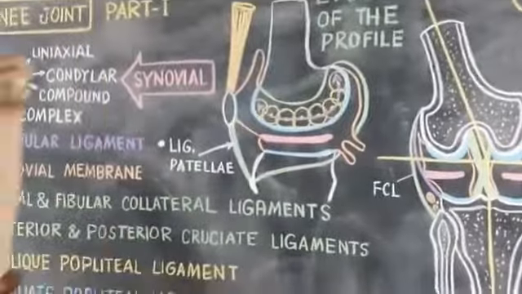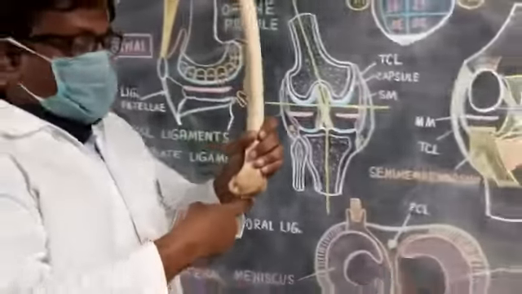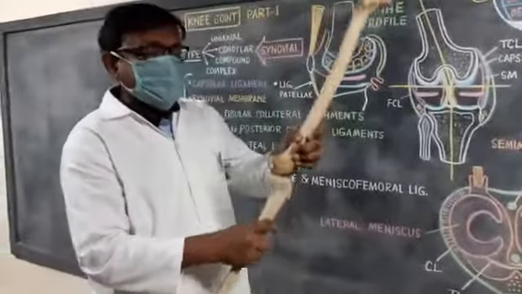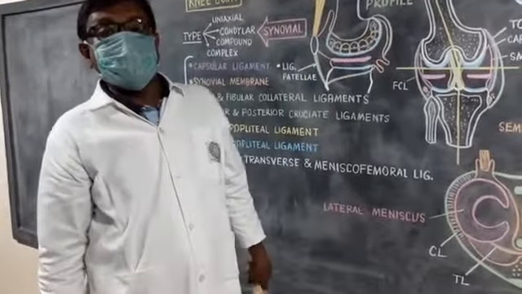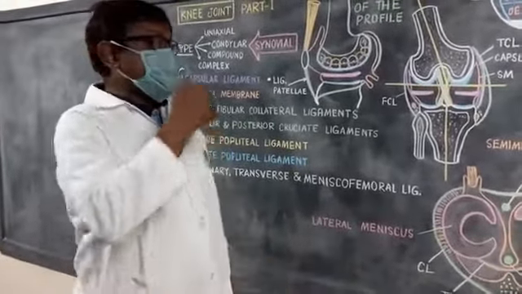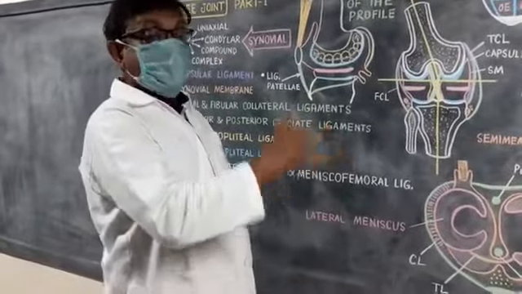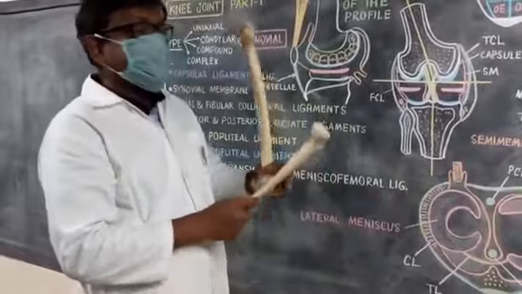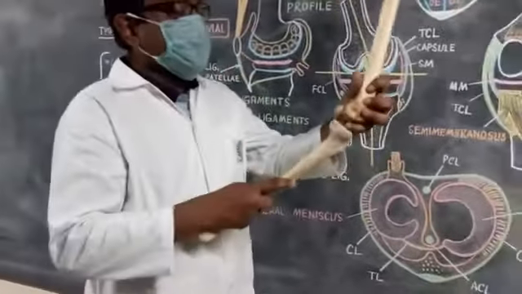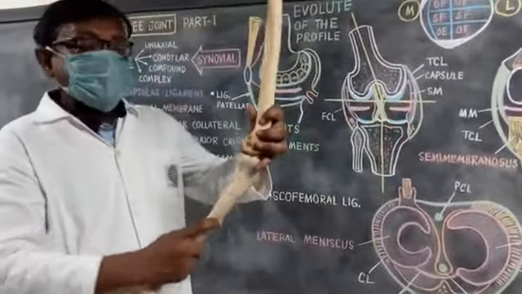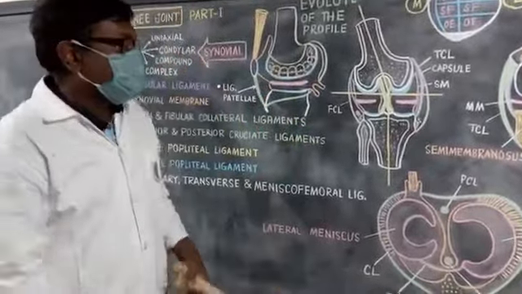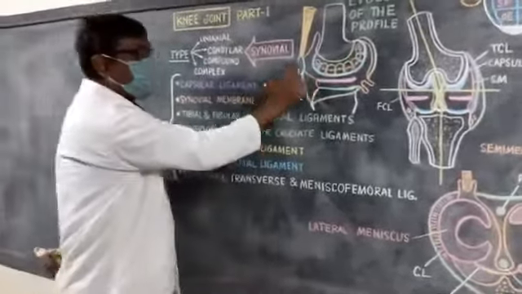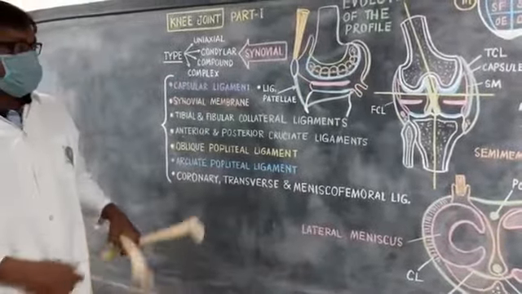The transverse axis on which the flexion and extension of the knee joint takes place is not a fixed axis. This axis changes its position moment to moment. During extension, this transverse axis moves forwards, and during flexion, this transverse axis moves backwards along the evolute of the profile. This is very important for movement.